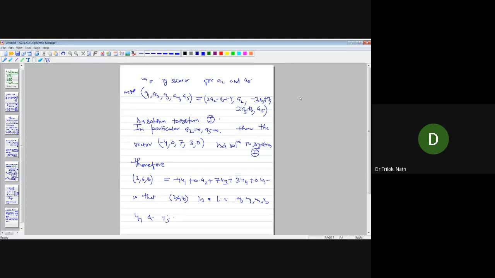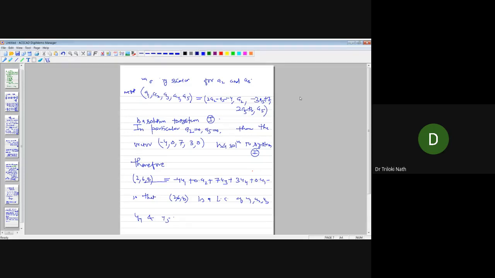So in today's lecture, we have done that whether the vector 2, 6, 8 can be written as a linear combination of the vectors u1, u2, u3, u4, u5 or not. So of course, we can write the vector 2, 6, 8 as a linear combination of these given vectors. And this problem to decide whether this is a linear combination of vectors or not is equivalent to finding a solution of a system of linear equations involving 5 unknowns, right? So naturally, to find a solution of a system of linear equations is a very, very important topic. Okay.